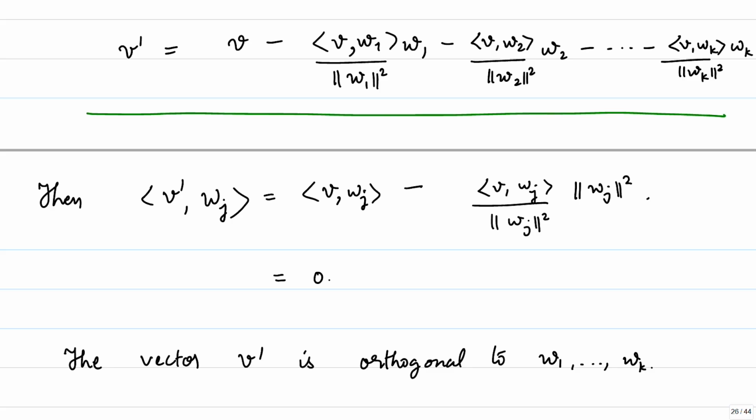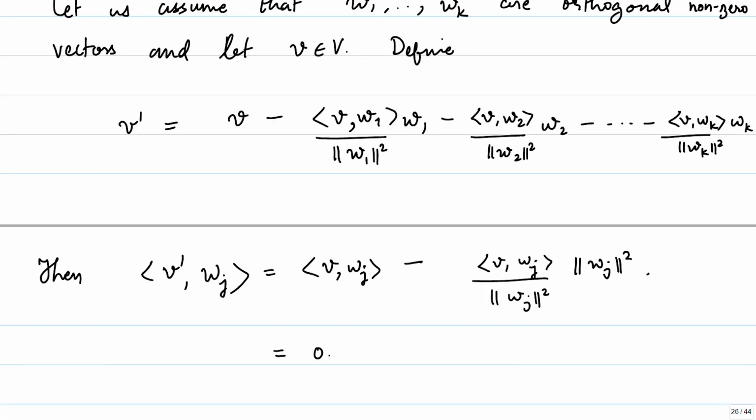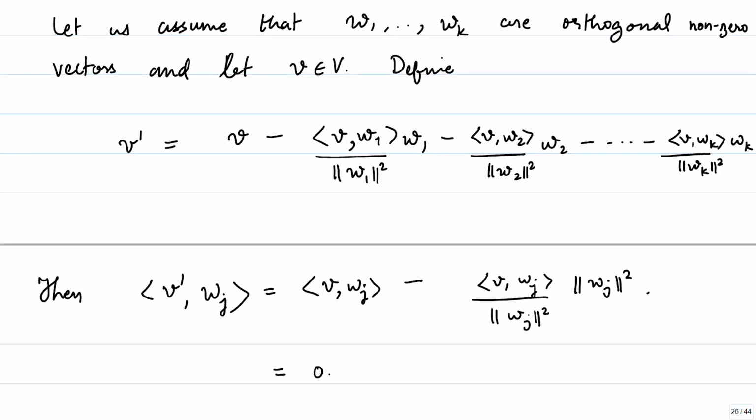But there are a few things which we have to take care of in order to say that this process works. So let me write down the statement of Gram-Schmidt orthogonalization and go through the details. There are a few things which I was about to mention. We have to note that V prime cannot be 0 for the process to continue, because if it is 0, the next step cannot be done, right? So let's write down a statement for